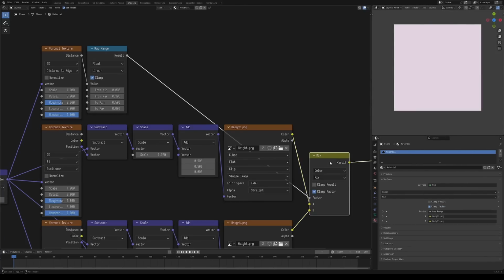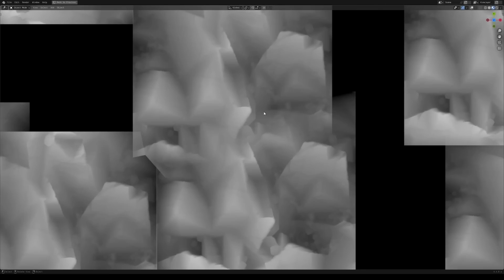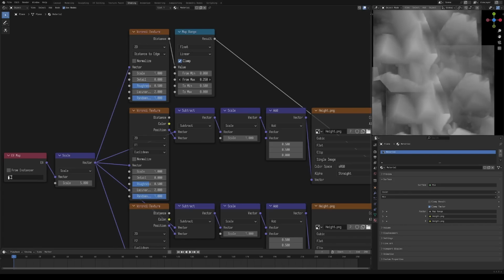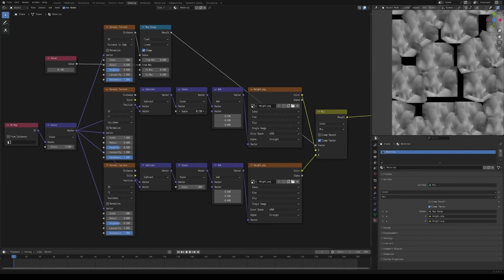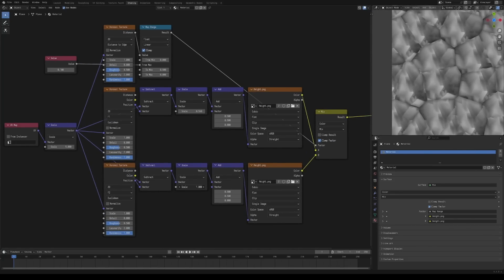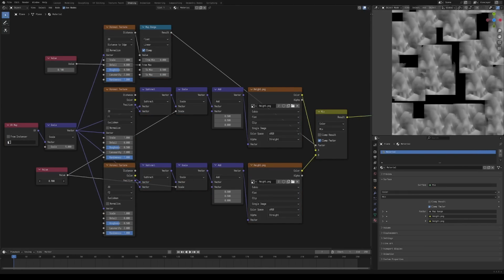And if we plug that into our mix node here, you can see that we're just perfectly blending between these images. As I change this from max value, you can see that this blending radius changes along with it, and we can add a value node over here to more easily control that. But you'll also notice that if we try to scale up our texture, we also need to scale up our second texture here with the exact same value. So you could add a value node here to the scale to make sure they're both being scaled identically, but